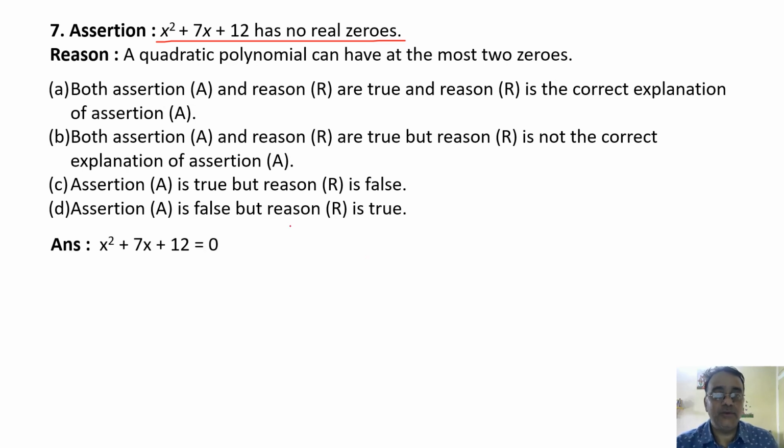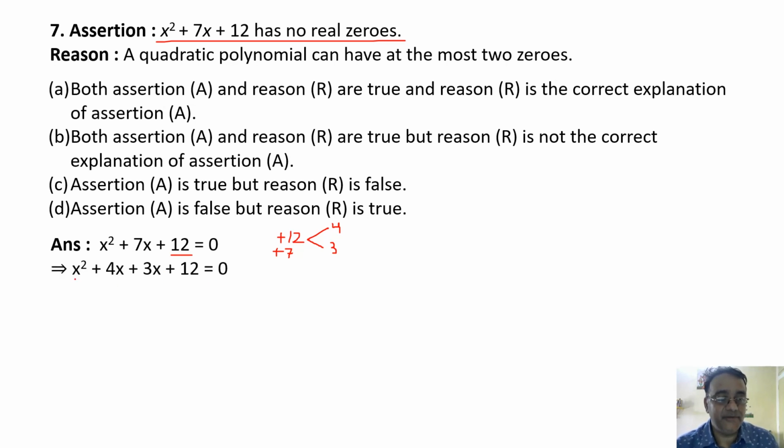Right. Now we will equate with 0. यहाँ पे product plus 12 है और sum plus 7 है. Now you have to find the two factors of 12 such that their sum is 7. 4 and 3. Right. दोनों का साइन प्लस होगा कि माइनस होगा? Plus. Right. So plus 4x plus 3x से हम लोग replace करेंगे 7x को.